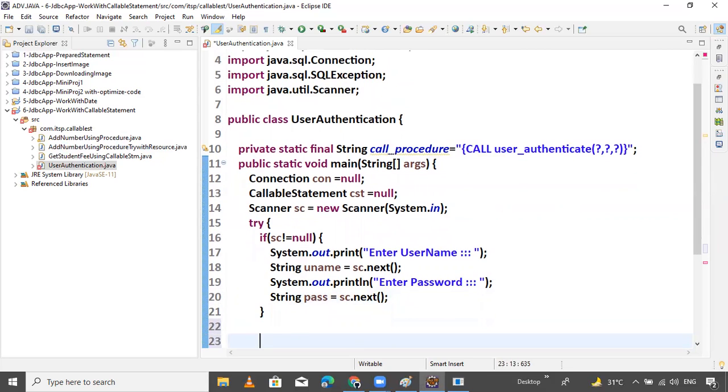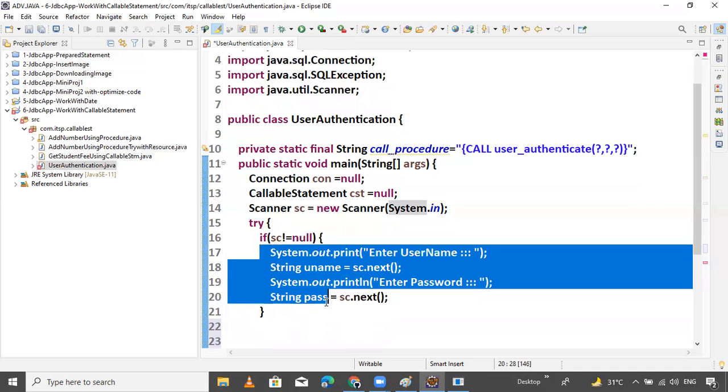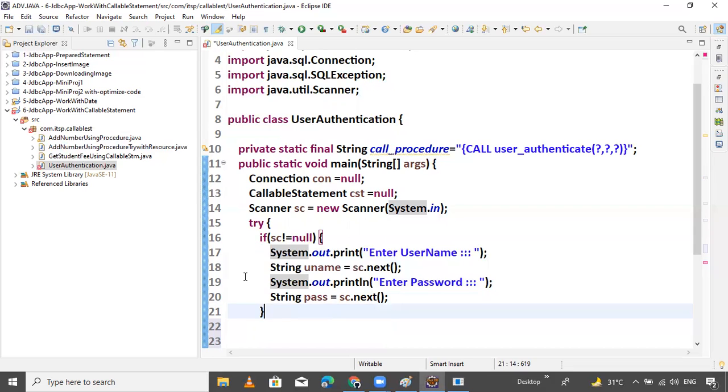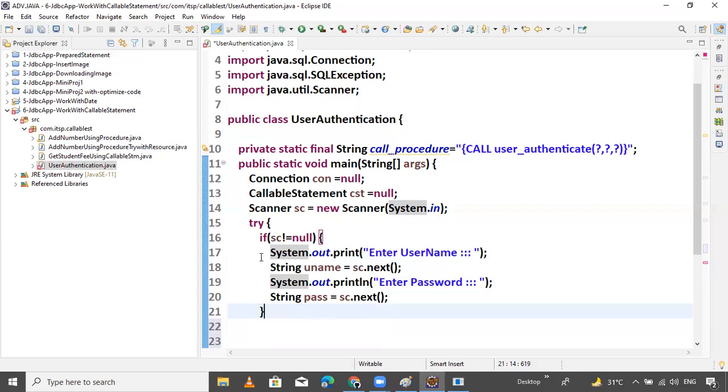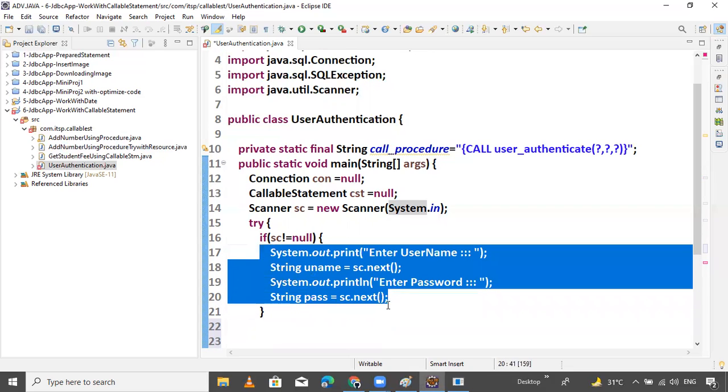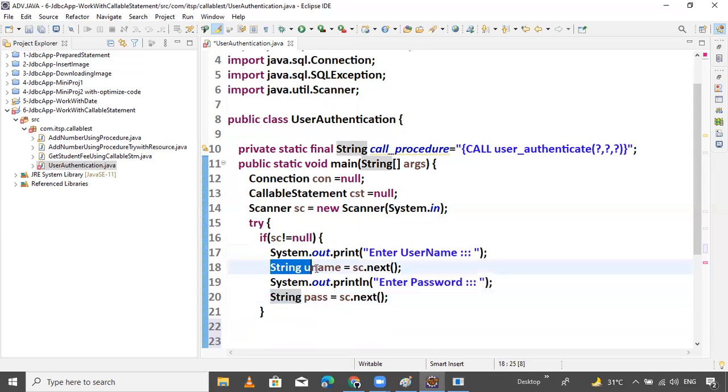Now the value is ready, so it's better to declare this globally. This is a local variable, its scope is only inside this block. If you try to access this string variable outside, it will give an error. It will not work outside of the block. So better to declare outside of the block.